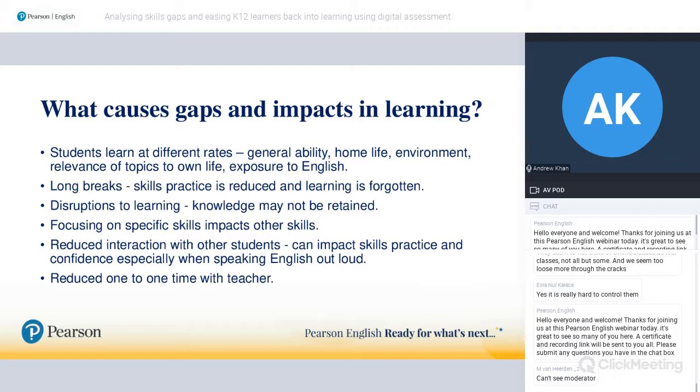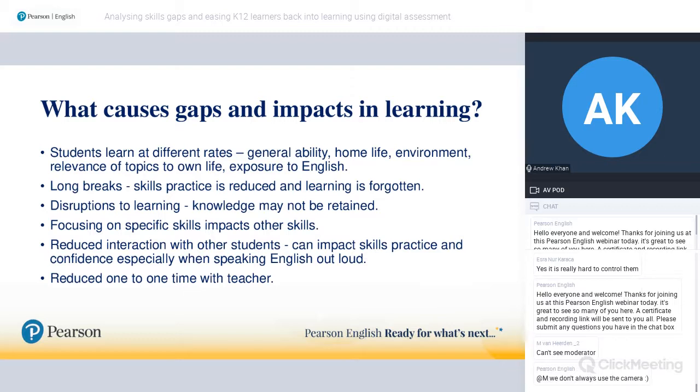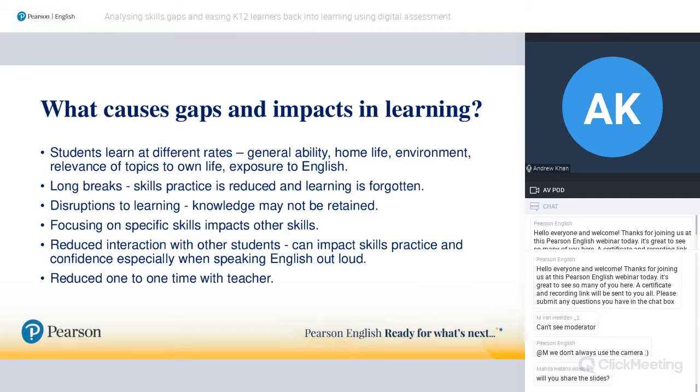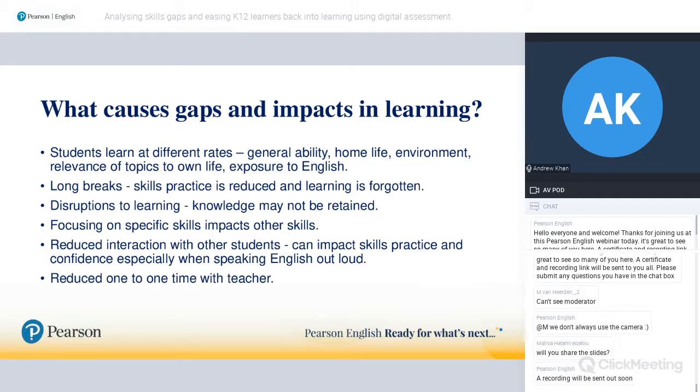Part of that is down to perhaps their innate general ability when it comes to learning languages. There are a number of different factors that can exacerbate that, including their home life, their degree of motivation, the perceived importance of the language they're learning to them, and the relevance to their own lives of the materials they're using to learn English. Another factor, particularly with English, is the degree of exposure they have outside of the class. If they're very much immersed in English television, English books, whatever else it might be, they may pick up some of those skills a little bit more quickly. They may also be more motivated to learn. But that's the situation in a normal year.